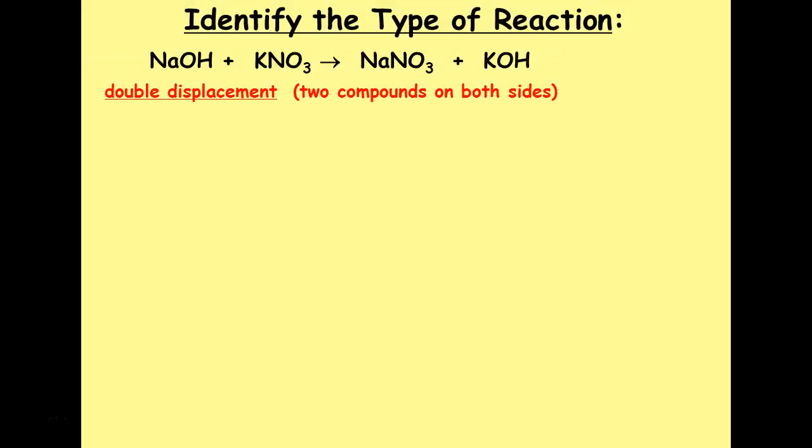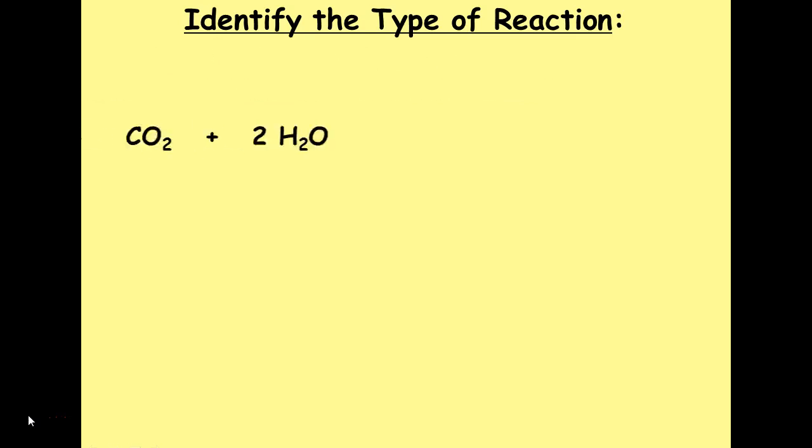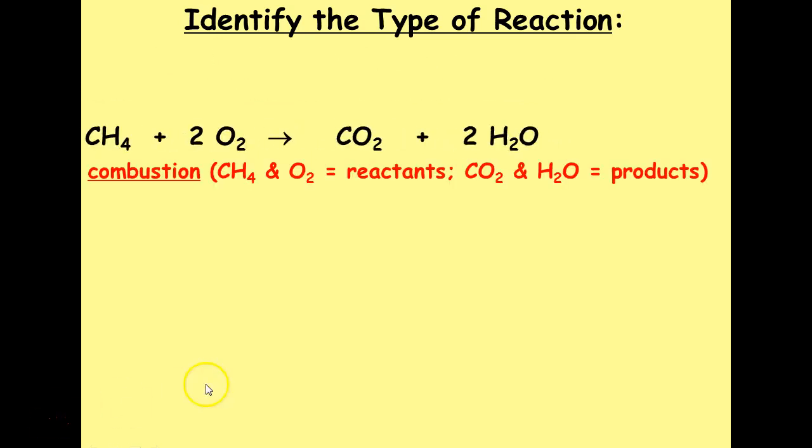So I want you guys to practice right now by yourselves, identifying the type of reaction. The first one up there is a double displacement reaction. So maybe that will help you guys get started a little bit. This first reaction is a double displacement, and there are 4 others. So I want you guys to figure out what the other 4 are. And if you're watching this at home or if you're in class, if you'll hit pause for about 5 minutes, that would be great. The second one, if you're going over these now, is going to be a combustion reaction, and you can tell because the products are carbon dioxide and water. So anytime you have carbon dioxide and water as your product,